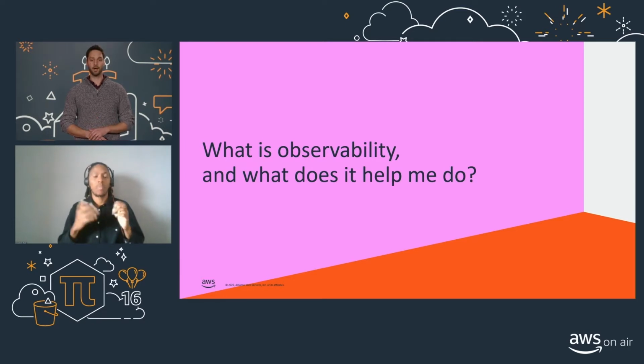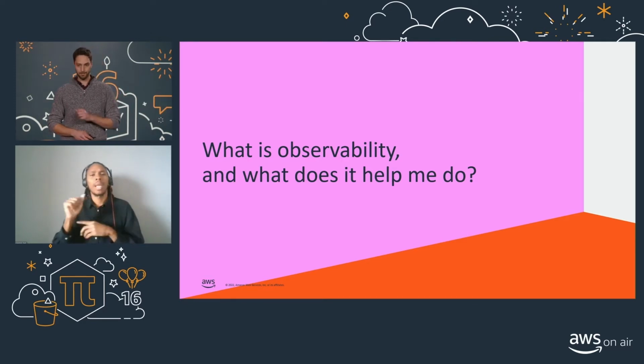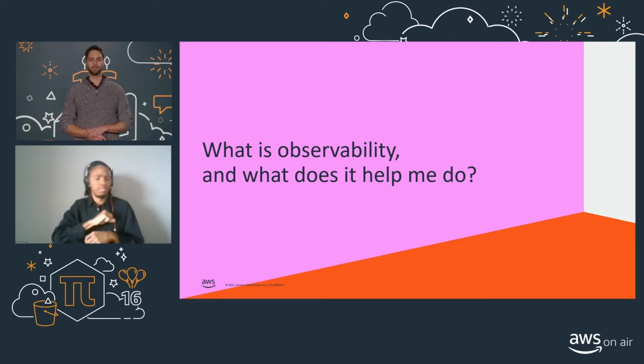However, in the cloud, observability can be hard to achieve due to sheer system complexity. So observability solutions are what enable us to collect and analyze data from applications so that you can understand their internal states.